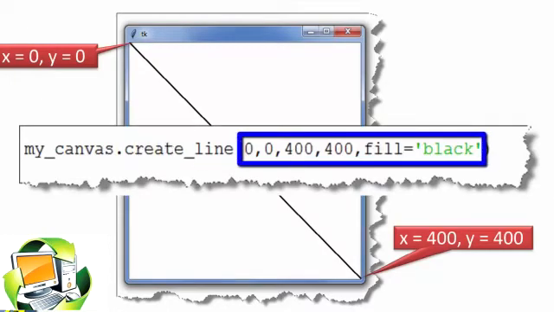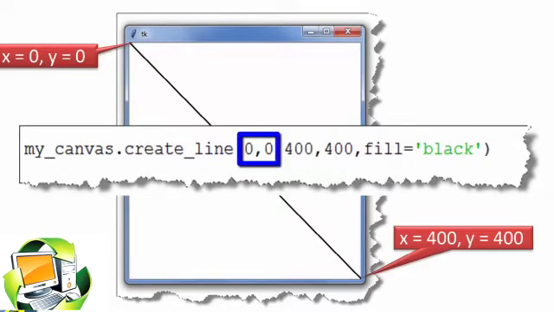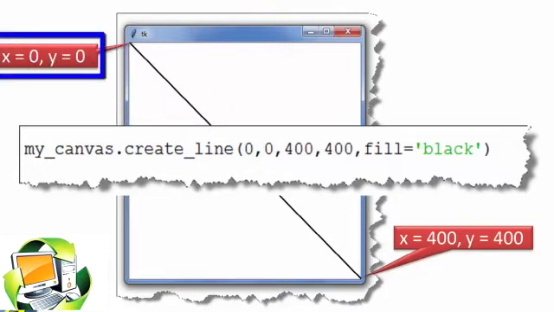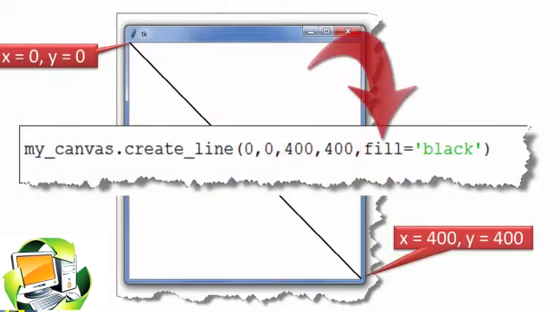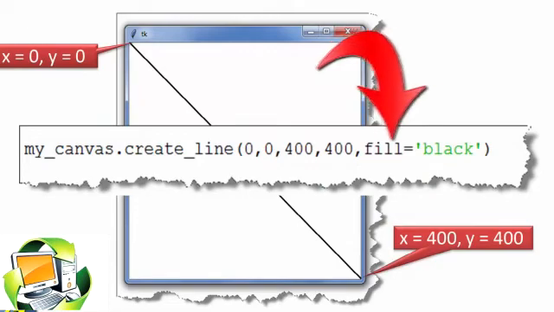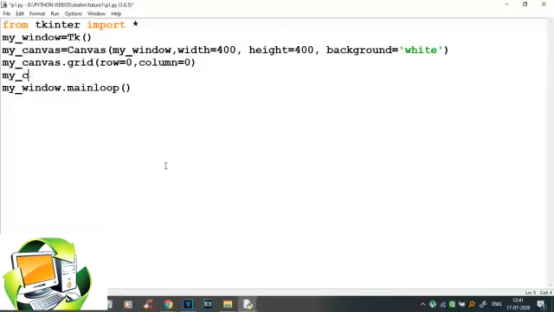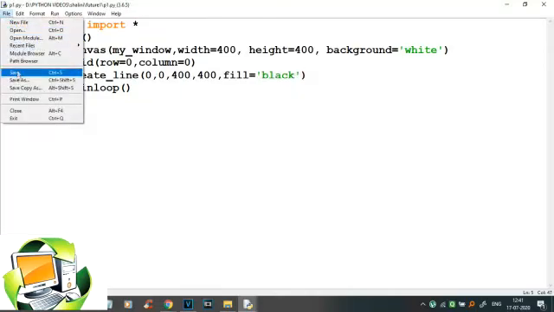Here 0, 0 is the coordinate position of our first point. In the same way, 400, 400 is the last coordinate position. fill is used to color our line. Now if we write this statement in our program, we get a line of this type.